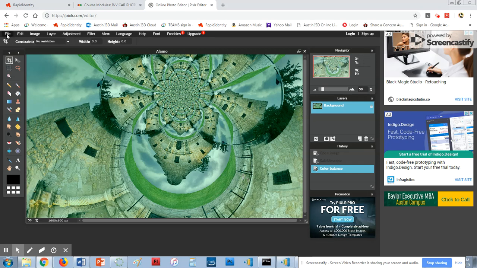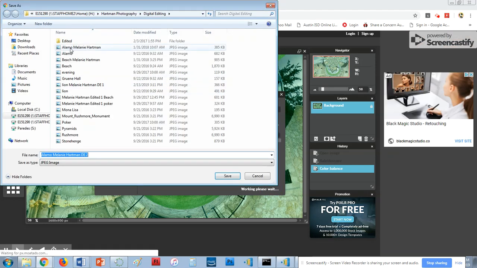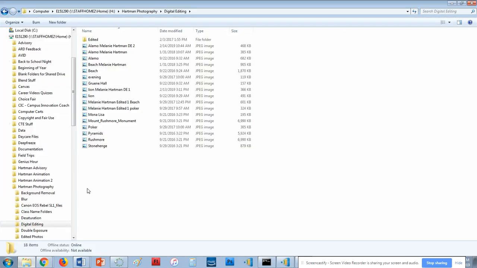To save it, you're going to go to File, Save. You're going to leave the first name of whatever the picture was, like it's the Alamo, and then you're going to put your first name, last name, DE for digital editing, and then I already have a 1, so I'm going to put a 2. So you're going to hit OK. It should default back to your digital editing folder, and then you're going to hit Save. And then you should have